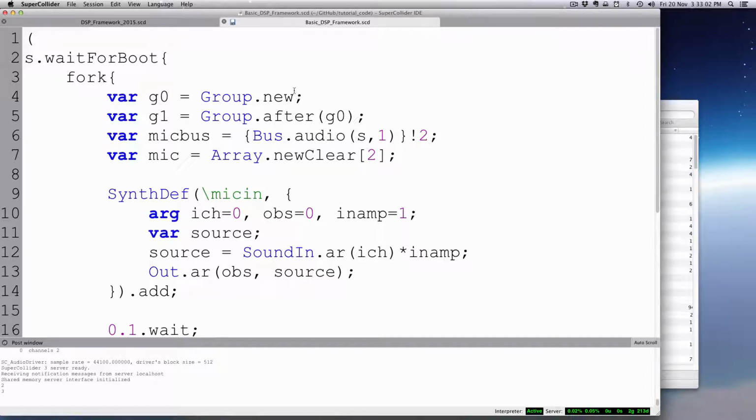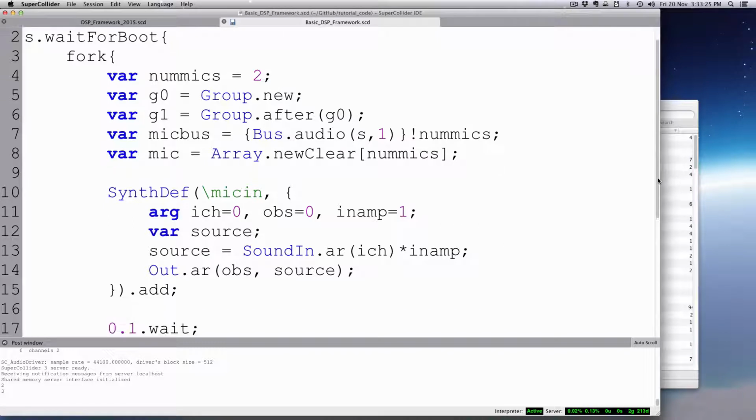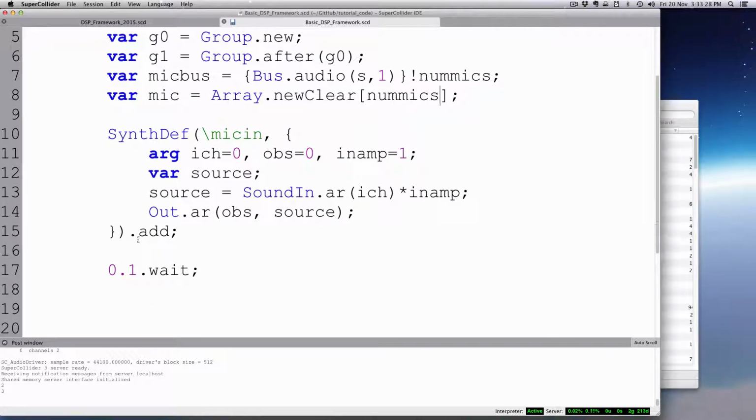So actually, it will be wise to just make it all variable. So num mics equals 2, and then we'll just slot that in here. We'll create that many buses for the number of mics, and we'll create an empty array with that many slots for the number of mics. And then when we're actually creating the synths, we'll just go